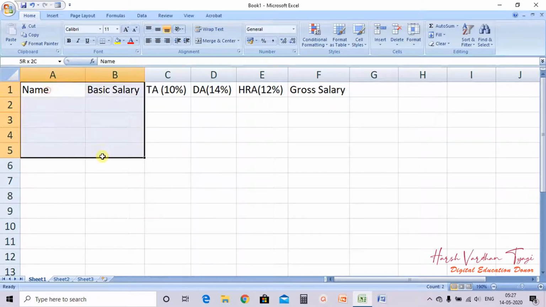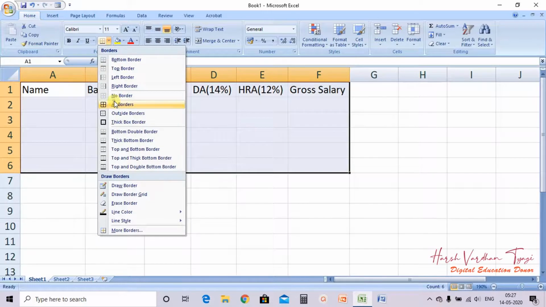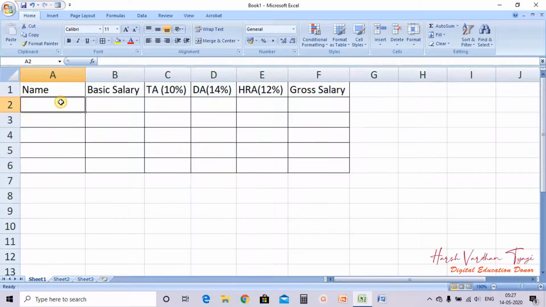So we'll just enter only 5 details, all borders, name.